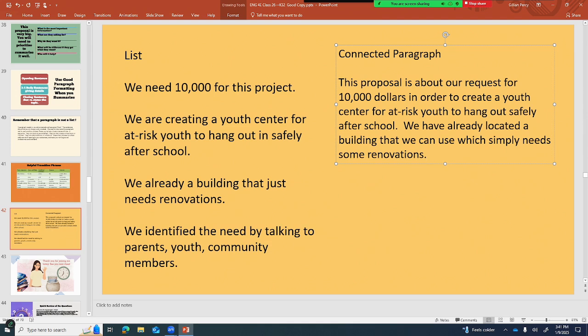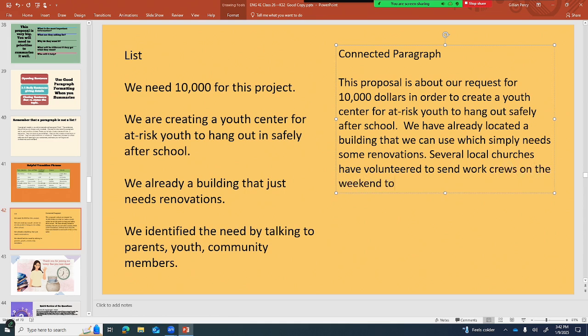So let's say several local churches have volunteered to send work crews on the weekend to help us with these renovations. Okay, what else do we need? We identified the need.